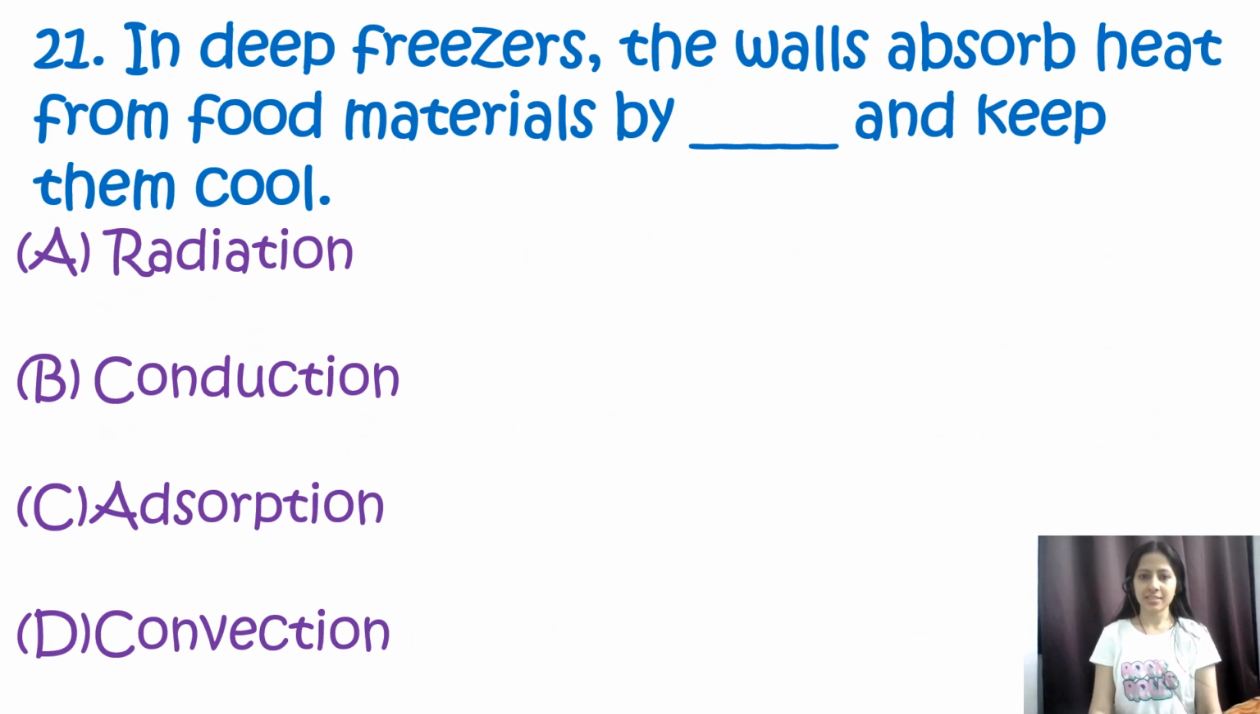In deep freezers, the walls absorb heat from food materials by dash, and keep them cool. So options are radiation, conduction, adsorption, and convection. Over here my correct option will be B, that is conduction. We know the conduction method is a transfer of heat through a material without the movement of the material itself. In deep freezers, they are typically made up of thermal conductive materials like metals